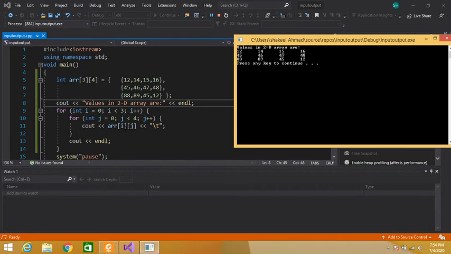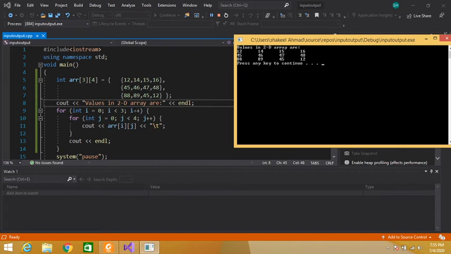Again control will come here and increment the value of j, so j becomes 4. 4 is less than 4, no. So the condition becomes false. The control will skip the body of this inner loop, and control will directly jump here, and our pointer will be moved to the next line because of this end of line. Now closing braces of our outer loop, so the control will jump here and increment the value of i by 1.